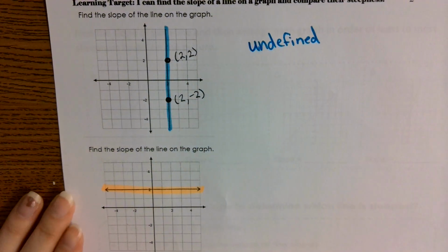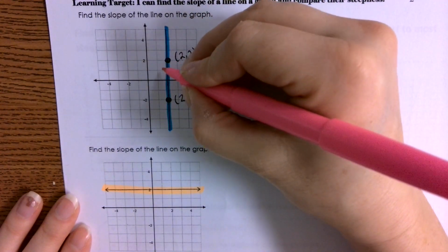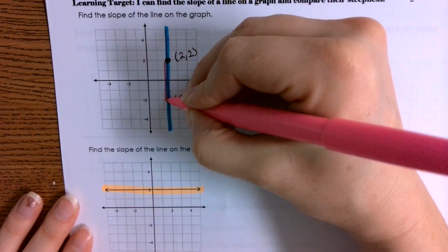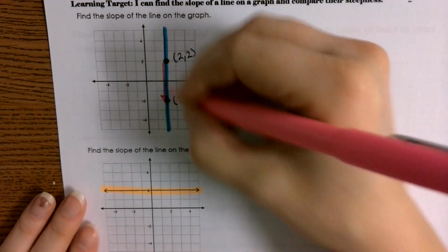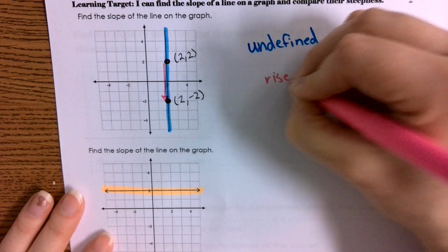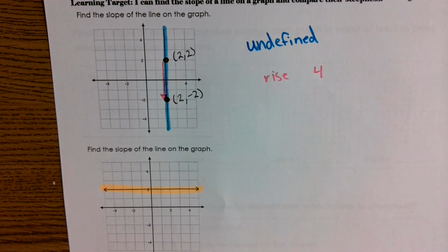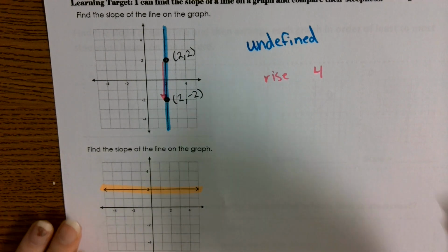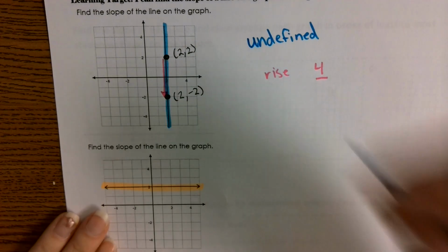Okay? So the first thing I'm going to talk about is my rise. So my rise from one point to the next, depending on how you see it, you can say it's going up or it's going down, but it's going to have a change of 4. Doesn't matter whether you say it's going up or down because they happen to be at the same position of left or rightness, right? So it has a rise of 4,